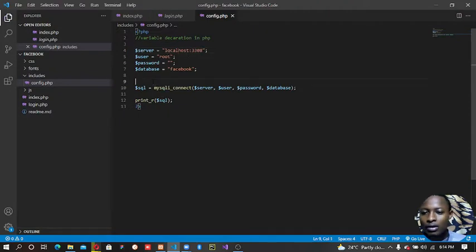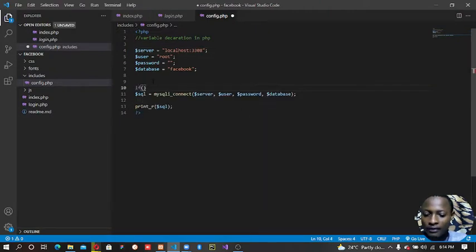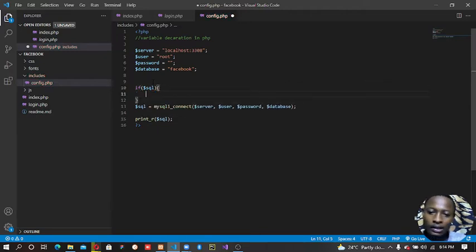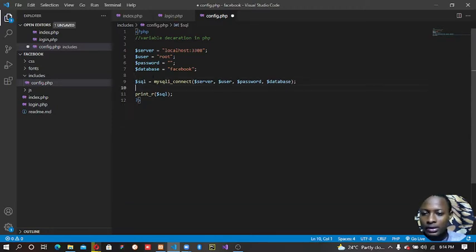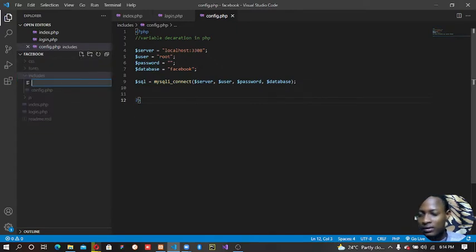Okay, so now we can just say if SQL. So this is how to use if statements in PHP. So I'll say if not SQL. Okay, we don't actually need this, because we only need the SQL connection, for now. Now let's create a login